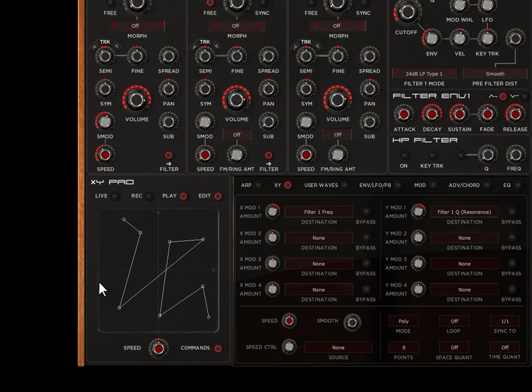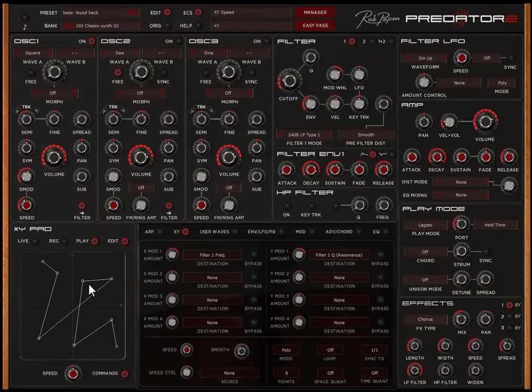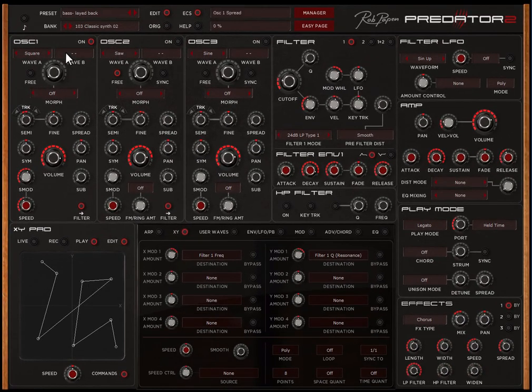So what I did now is I did draw my own movement, recorded it, did play it back, did open the edit page to have the option to edit the points, selected the amount of points which you want to have, and sometimes less points is easier to edit, and then I synchronize it to 1 bar. Of course, now this XY is addressed to the filter, and of course with Predator 2 we have the